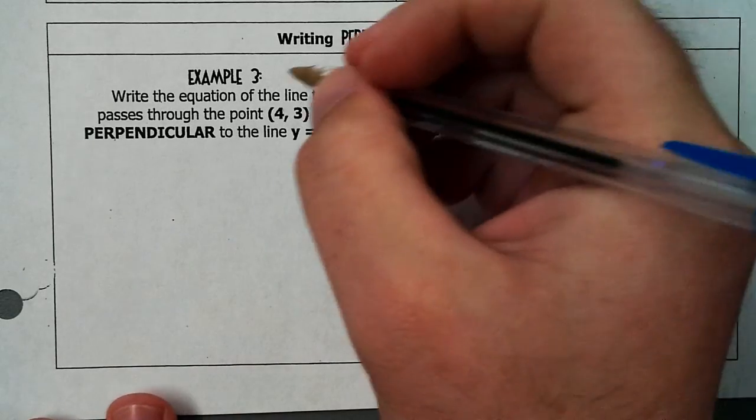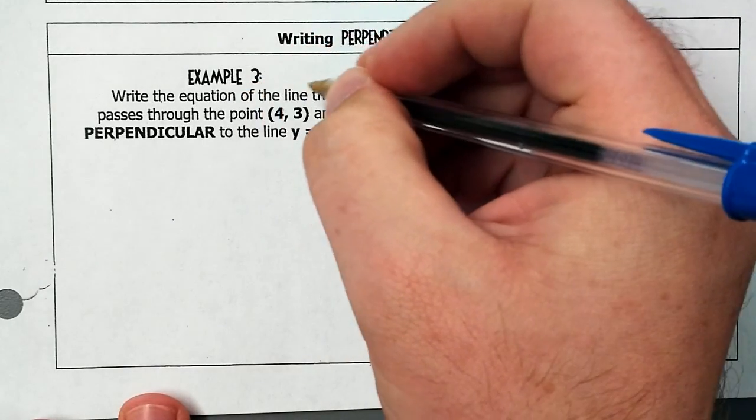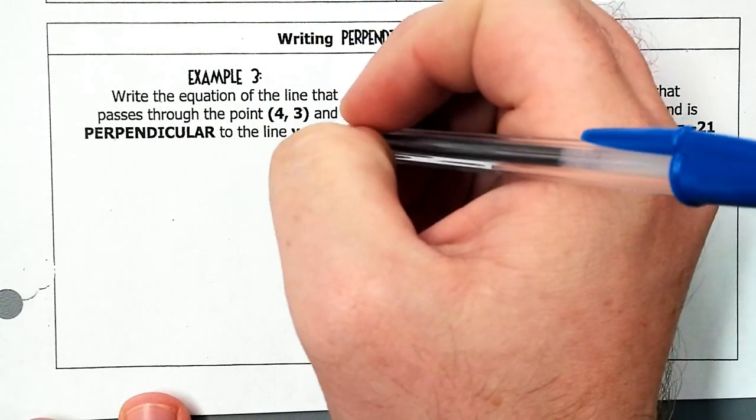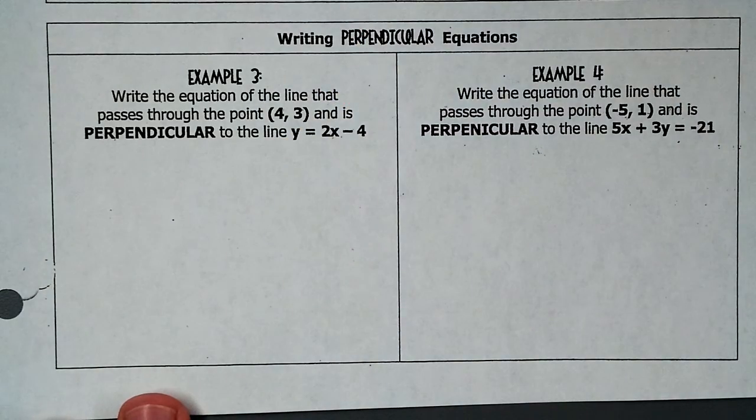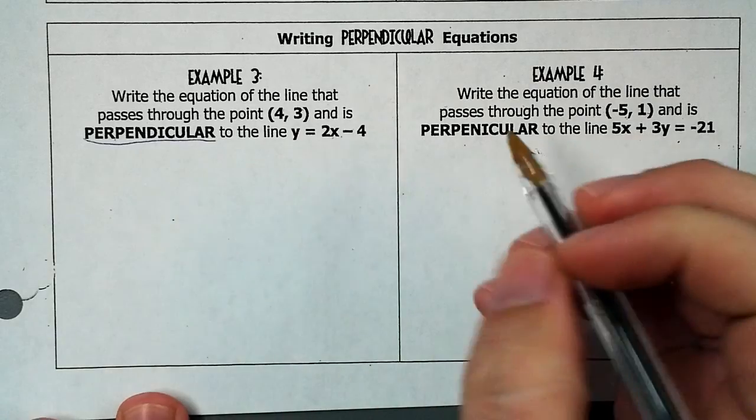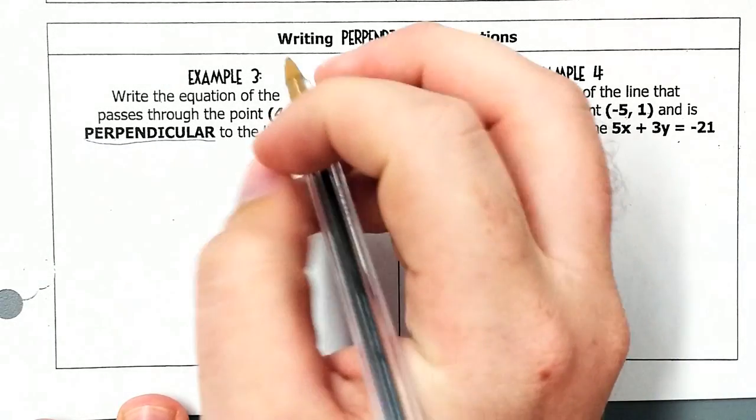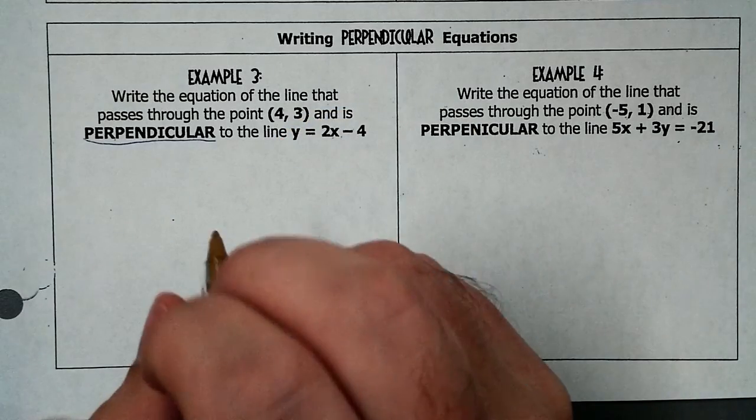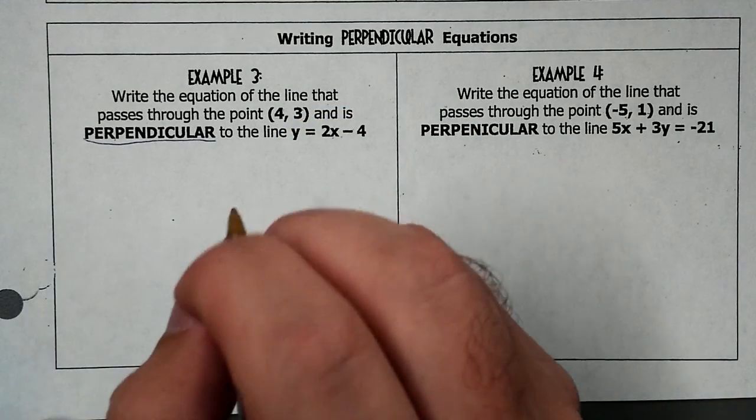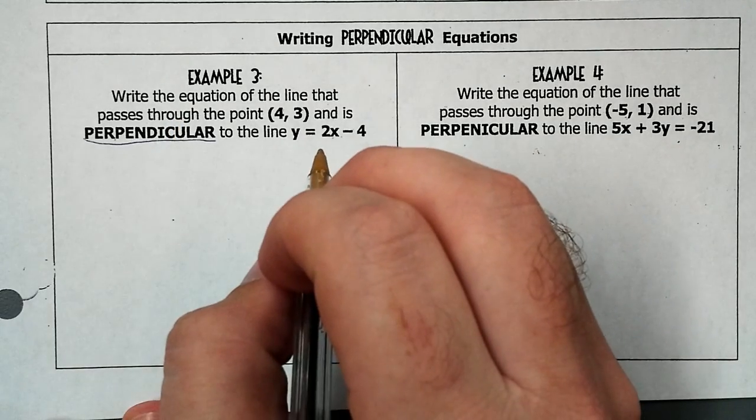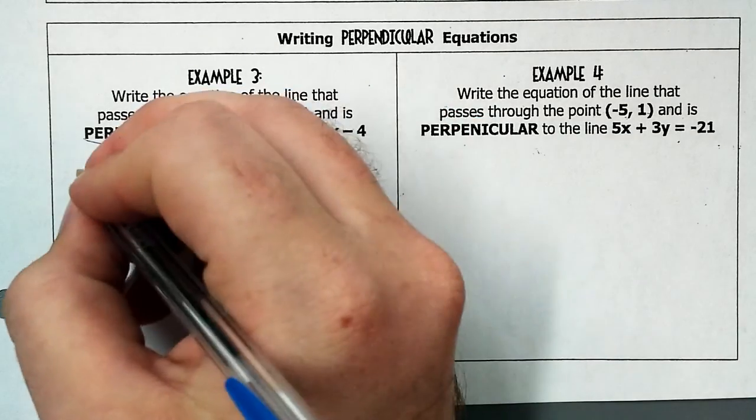Now, it says write the equation of a line that passes through the point (4, 3) and is perpendicular to the line y equals 2x minus 4. Well, today we're going to focus on the perpendicular lines. And remember, perpendicular means we need to flip our fraction and change the sign, because perpendicular lines will have opposite reciprocal slopes. So we'll take our point, (4, 3),